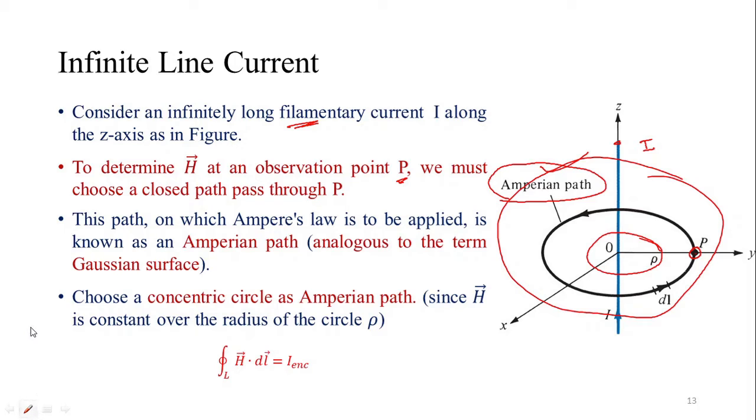You know that the conductor is placed along the z axis. If you take a small element in this, the size of the element is dz and it is along the az vector. So dl is dz az vector, and the H vector is along the a phi